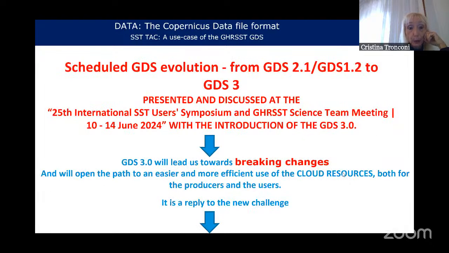So the scheduled evolution from GDS 2.1 and 2.2 to GDS 3 was presented and discussed in June 2024 and leads us to the need to connect the Copernicus Technical Working Group to the GHRSST team in order to have the ARCO format and the new format as close as possible, in order not to have a step back to the present, but a step forward, which means to be closer than before. I mean, Copernicus and the